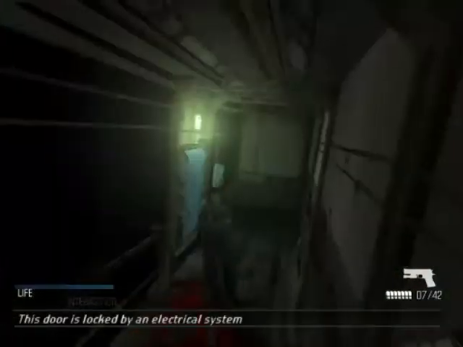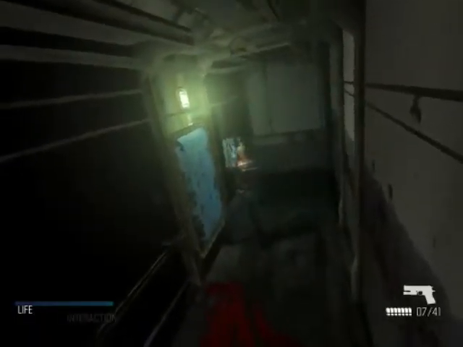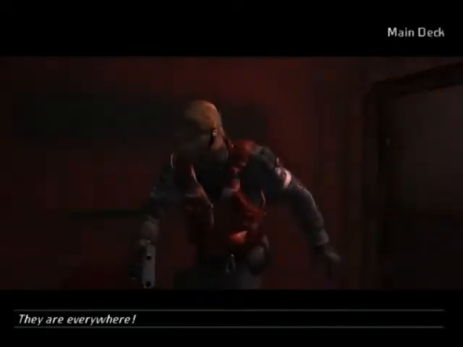This door is locked by an electrical system. It's unlocked. Alright, let's get inside. Inside, the rocking isn't really so bad. It's only outside on the deck that it's really...